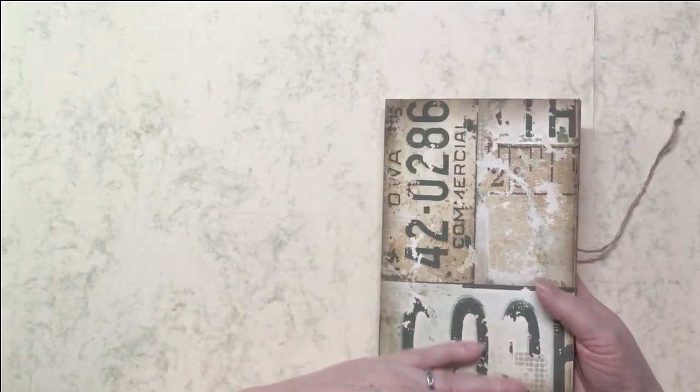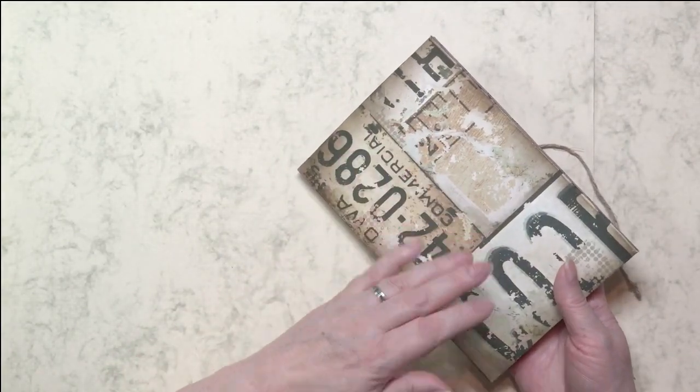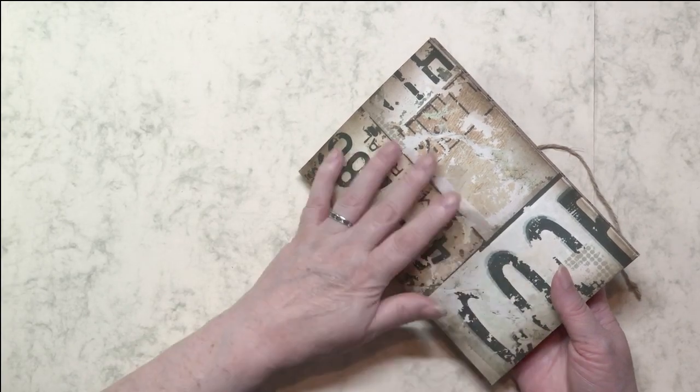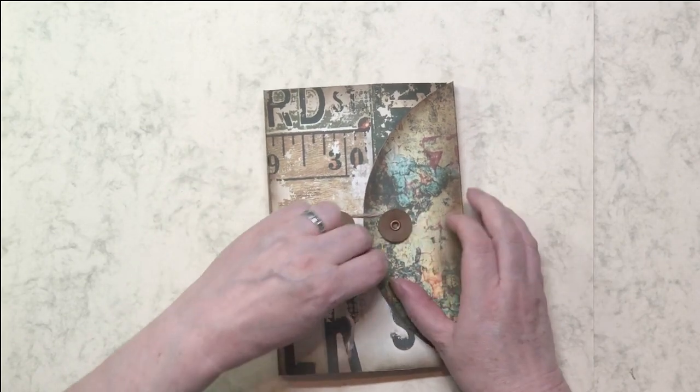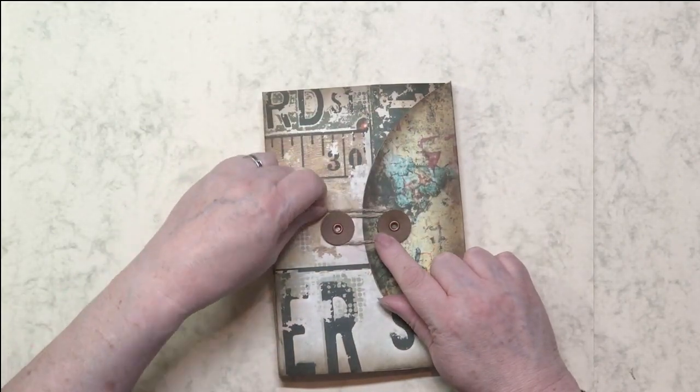I haven't put anything there because things on the back always tend to get caught on things, and so I like to leave that plain. And that is our Pharmacist